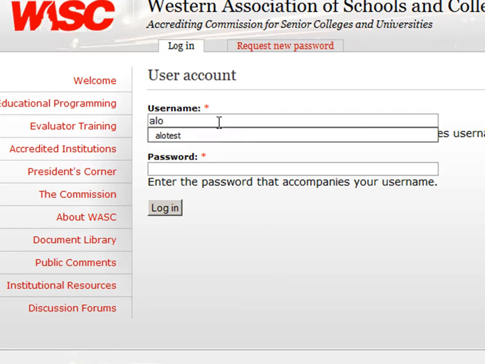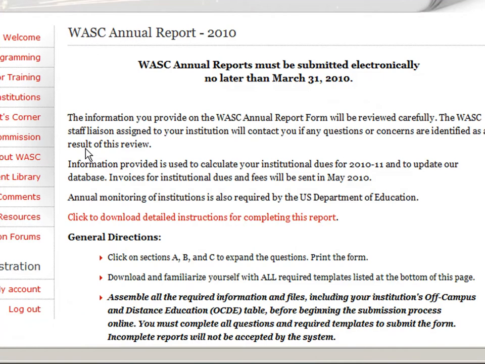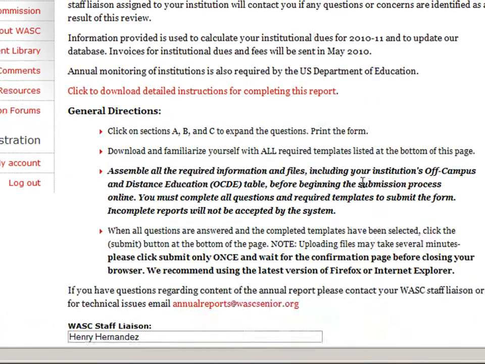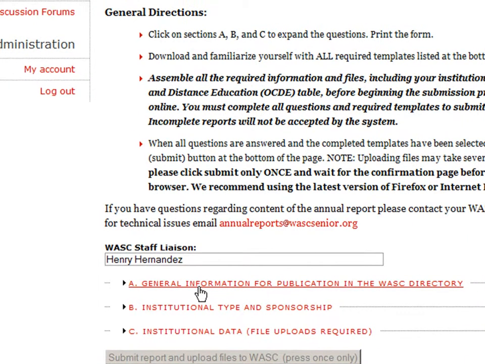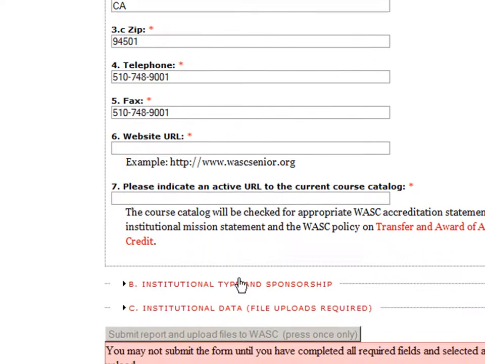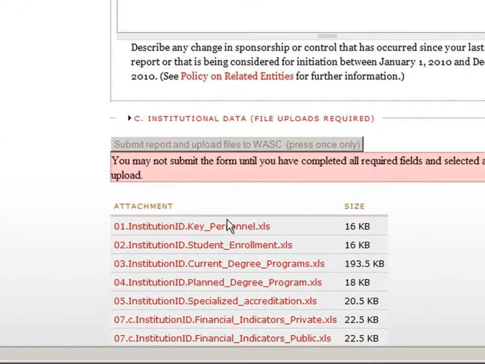So first, let's go ahead and log in to the annual report portal, given the link that you were sent in your email. I'm using a test account, and view the report itself. So as the instructions said, you should open all the sections to reveal the questions, noticing that some of your information is already populated,